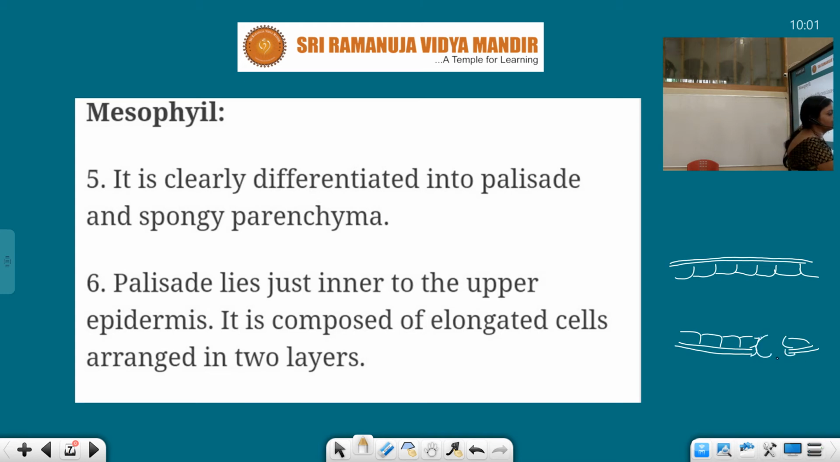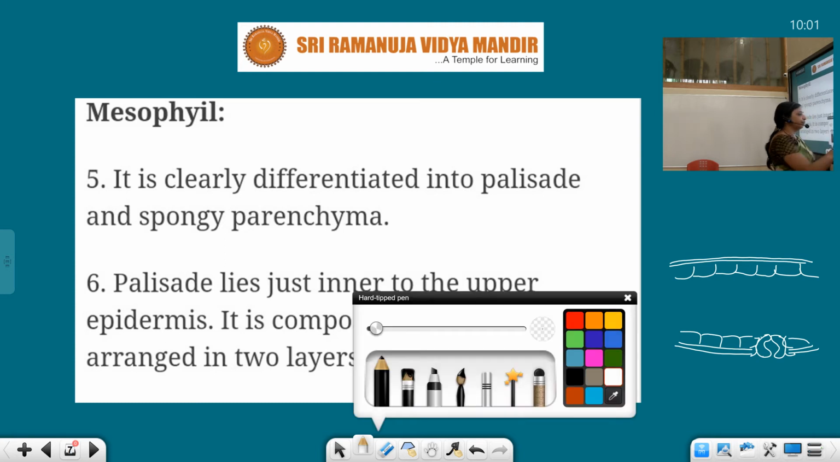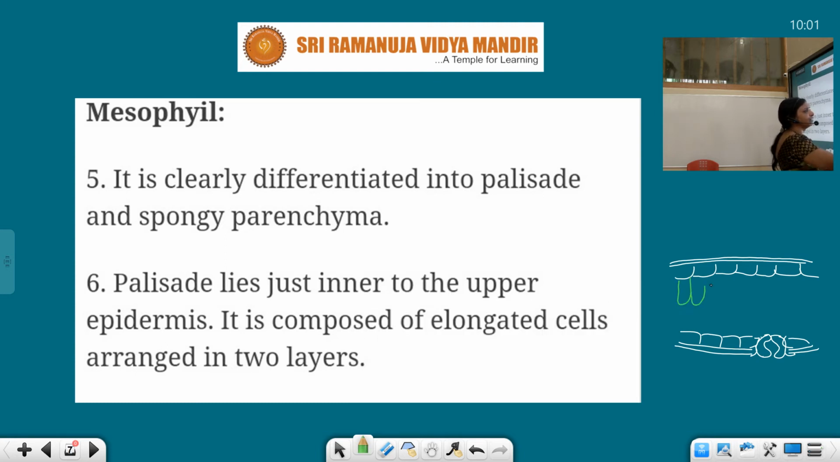in the lower epidermis we can see more stomata, and as it is a dicot, kidney shaped guard cells are present on the stomata. In between these two epidermal layers, mesophyll cells are present, and these mesophyll cells are of two types: column like structure and loosely arranged spongy parenchyma structure. So these are mesophyll cells, and one is loosely arranged like spongy parenchyma. We can say this is spongy parenchyma,